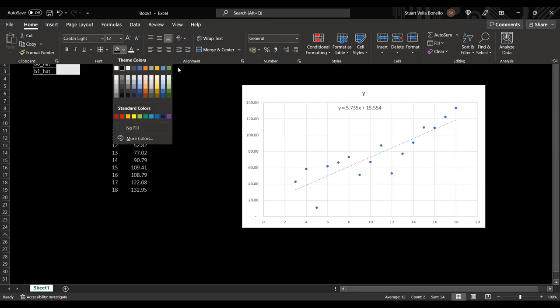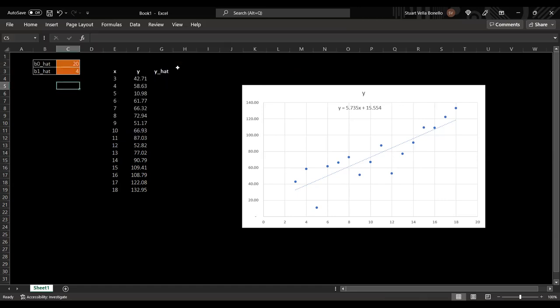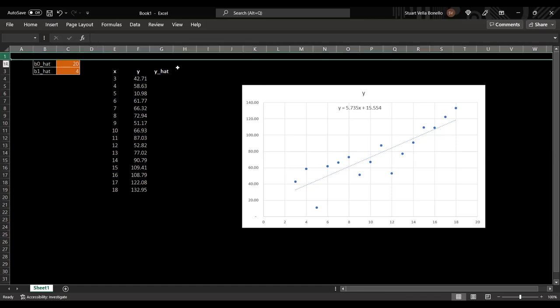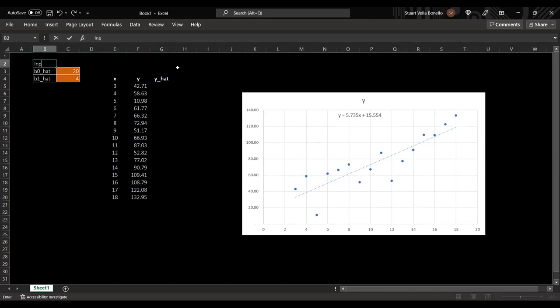So let's take yellow. But that's not going to come up, is it, since I'm using white text. Let's use this as my input data. Well, input parameters, right? Not data. Input or estimated